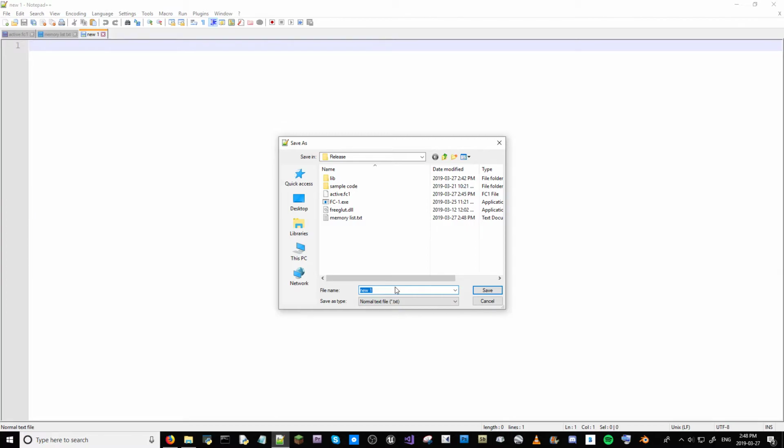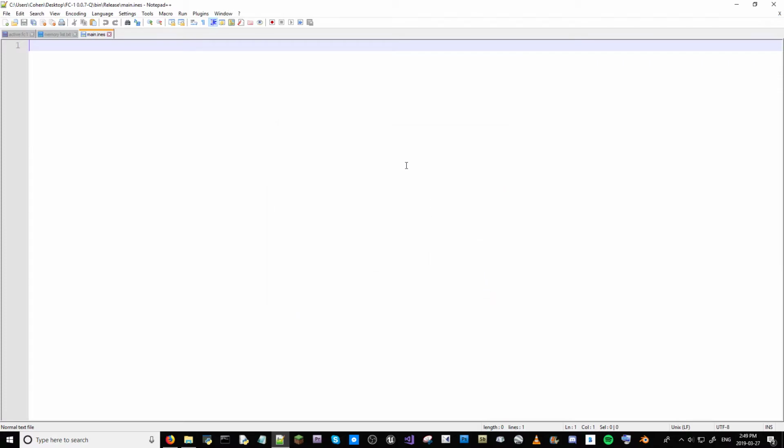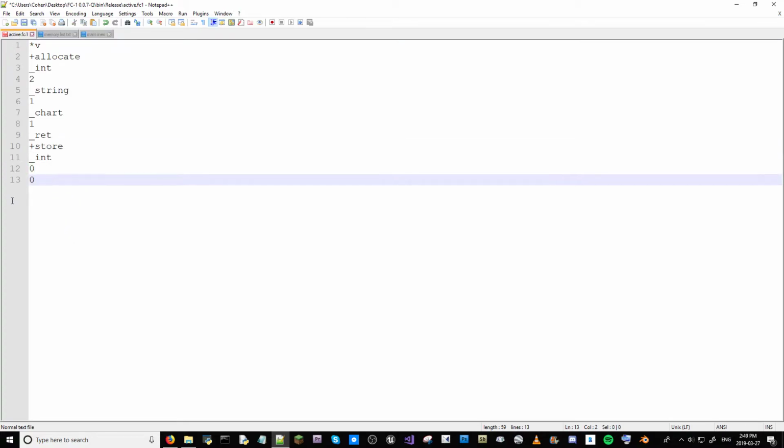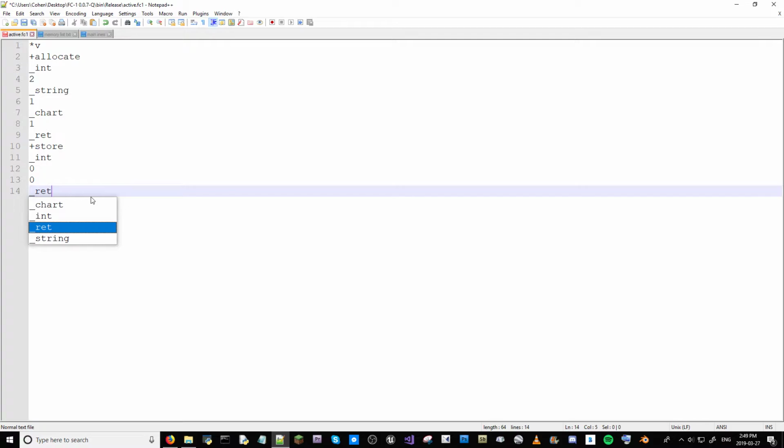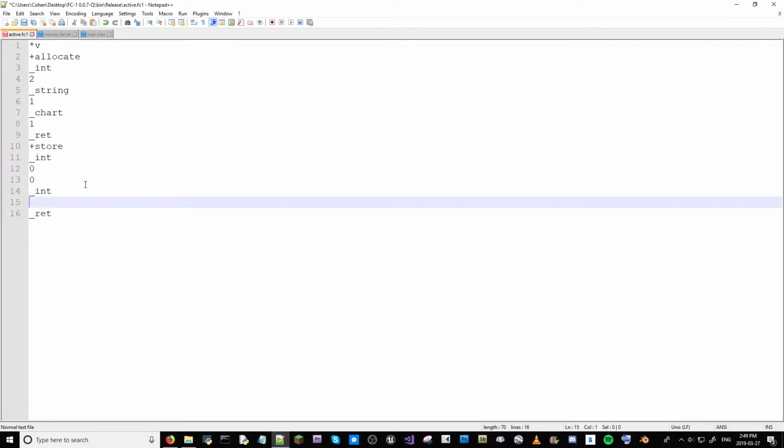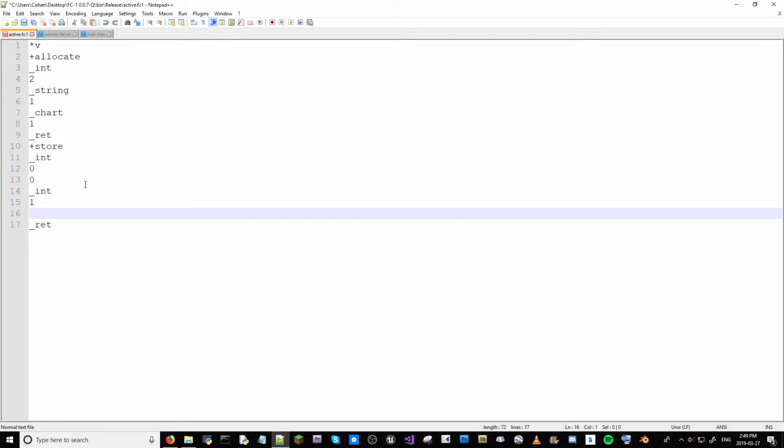And we're going to give it our script type. And so we're going to call it main.ines. Yeah, we'll go with that. So we've got this here. So next we're going to have to leave the storage space. Or maybe I should underscore int 1 and store the variable of